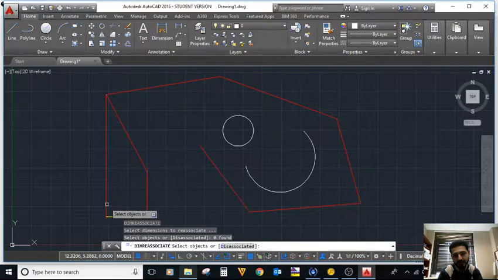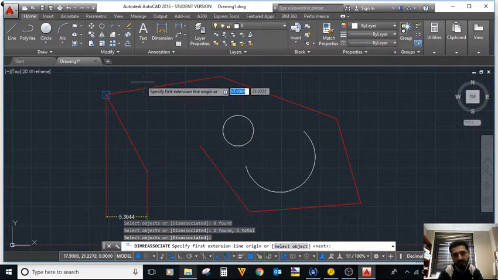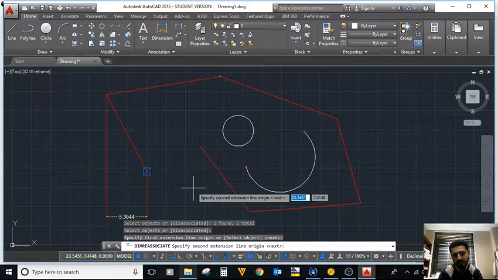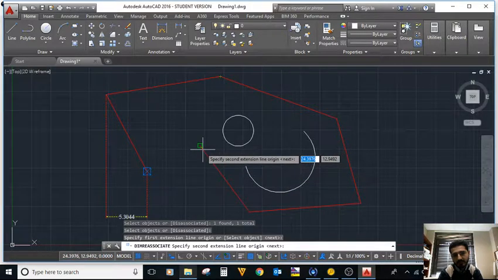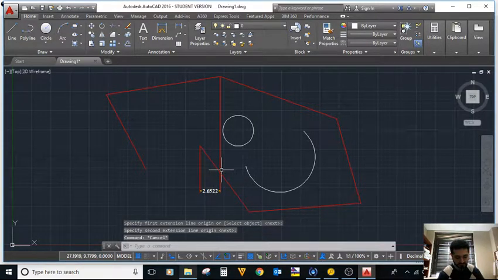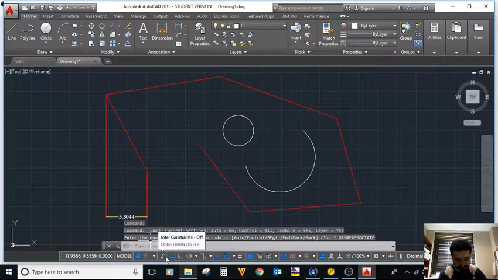The object is actually, it has to be a dimension, and then you hit enter, and then you specify the second extension, and it shows you again another dimension. But another way of doing this, let's scratch that, let's try the other style, which is the continuous dimension,